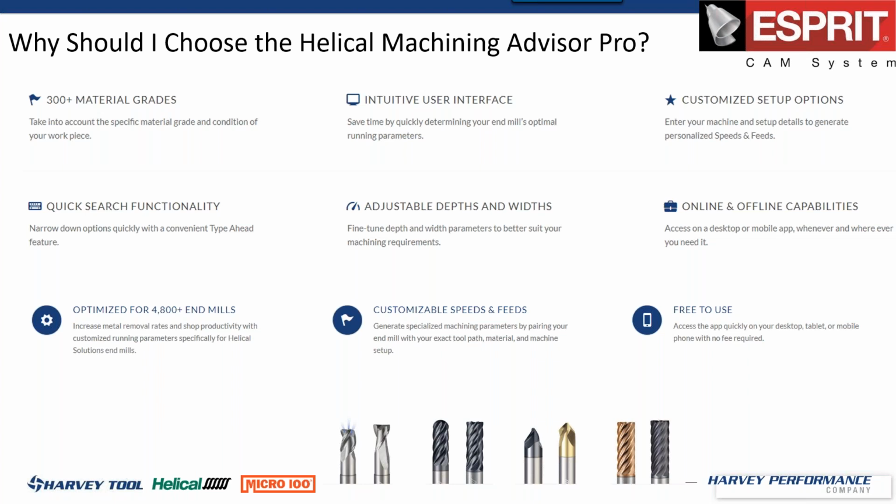Each machine has a different limit, and that's one thing I'd really like to point out: know your limits. If you've got a Cat 40 machine, it's not going to take as much material as a Cat 50 machine. It's not designed to take a deep and wide cut like a Cat 50 machine or an HSK 100 or HSK 125. It has on and offline capabilities, so you don't have to have an internet